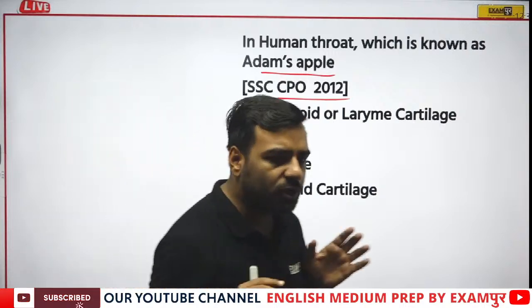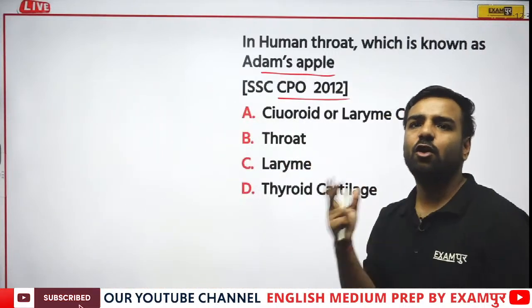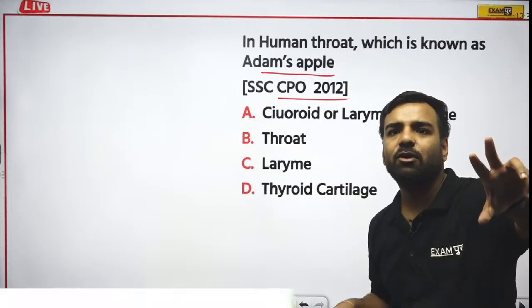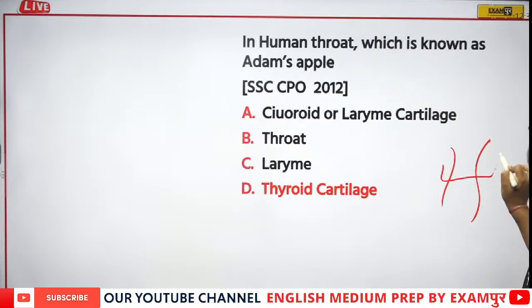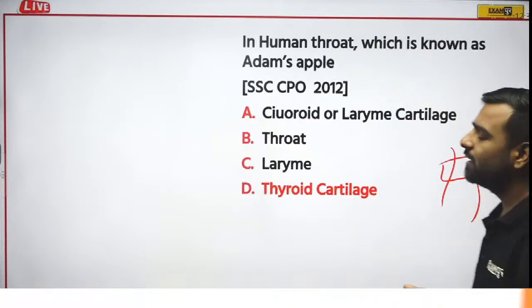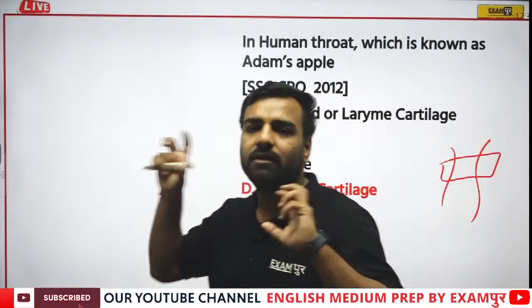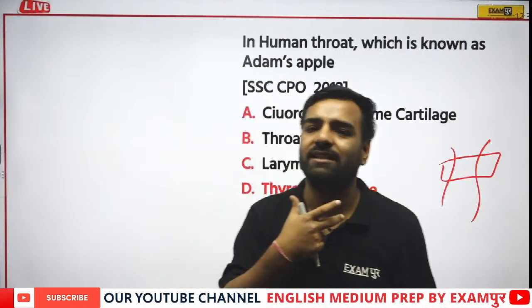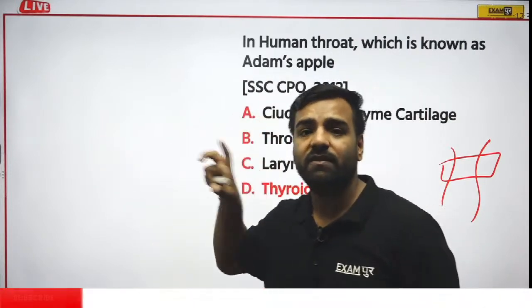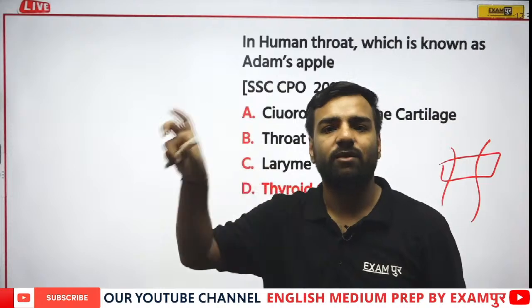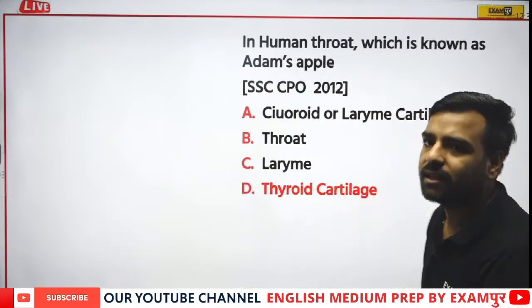Okay. So in this neck structure, in that particular part, this Adam's apple is there. So it's very obvious. In this neck structure, we have a gland known as the thyroid gland. No doubt, this is your neck structure in which the throat is also there. But specifically, it is the thyroid cartilage, which is made up of cartilage.